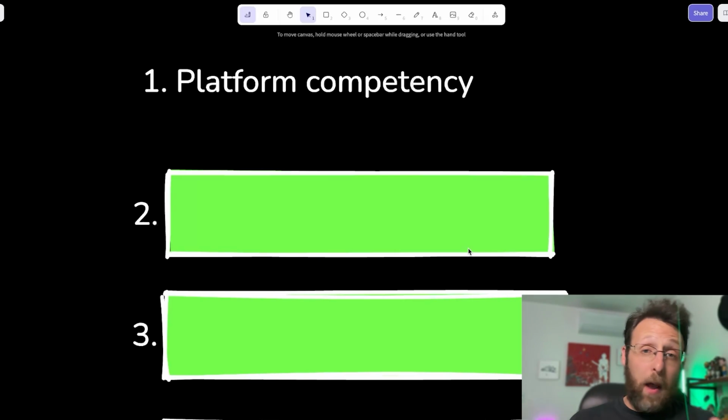So number 1, platform competency. What does this mean? Basically, this just means you understand how the tools work. I know this sounds really obvious, but I'm actually surprised at how many people have no idea how N8N works, how Make.com works, how to use Gumloop or any of these automation platforms. So in order for these tools to work for you, in order to be able to sell them to clients,